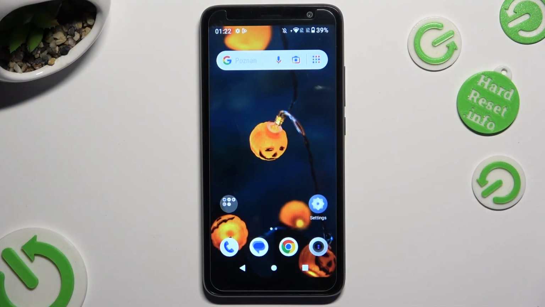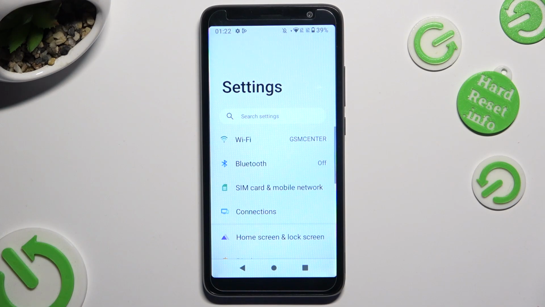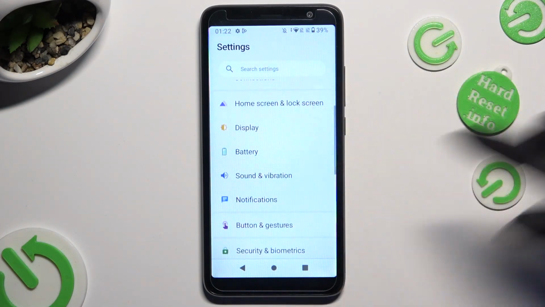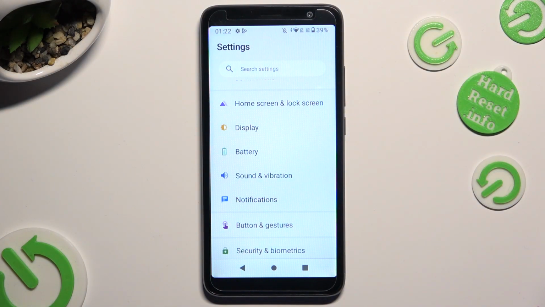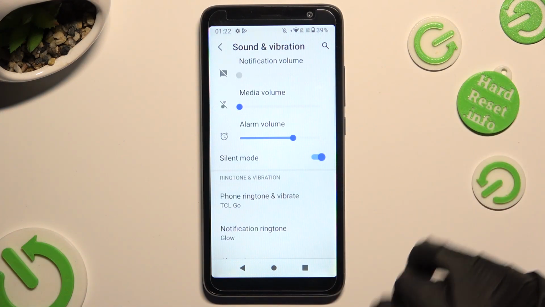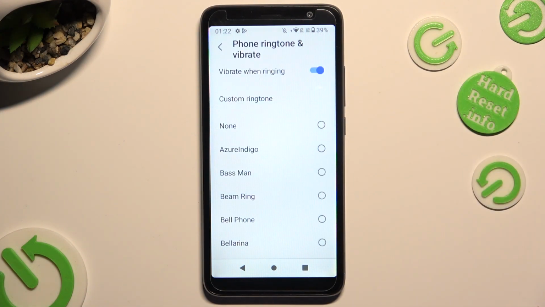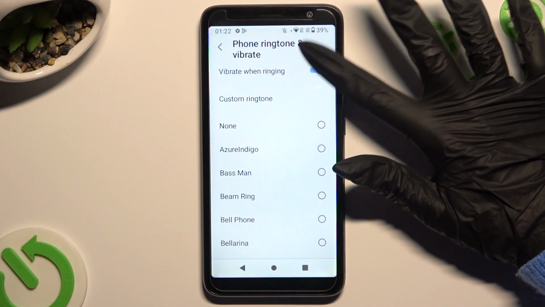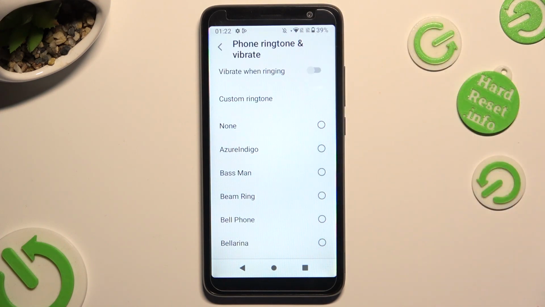Begin by going into Devices Settings and scrolling down just a bit to access Sound and Vibration. Now tap on Phone Ringtone and Vibrate. And tap on this switcher next to Vibrate when ringing to disable or enable incoming calls vibrations. Then go back,